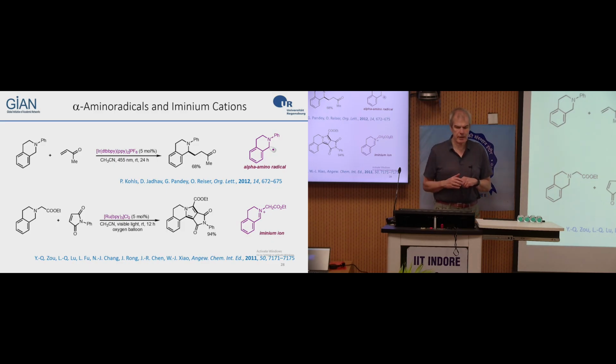There are a few other radicals which you can generate quite easily by oxidation, and so this is actually something we did early on in the chemistry, that we realized that you can oxidize nitrogen very, very easily. And so in this case, we are using an iridium catalyst, and so all what is done here is in the first step,